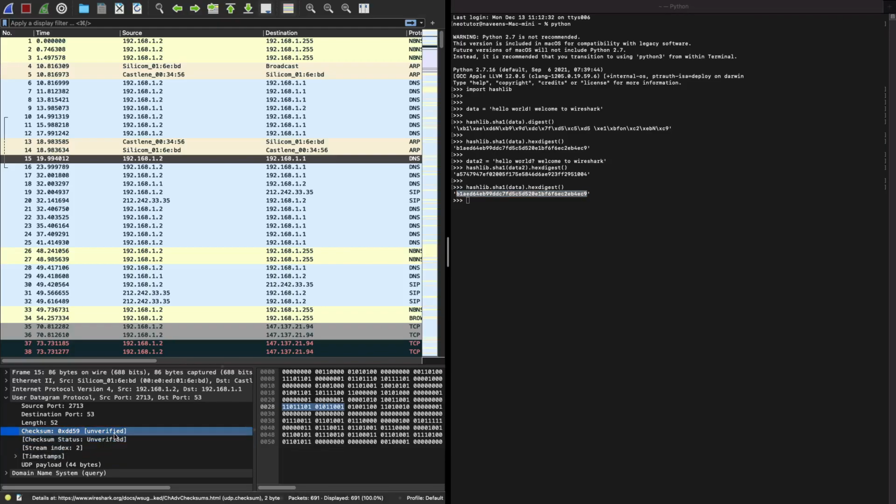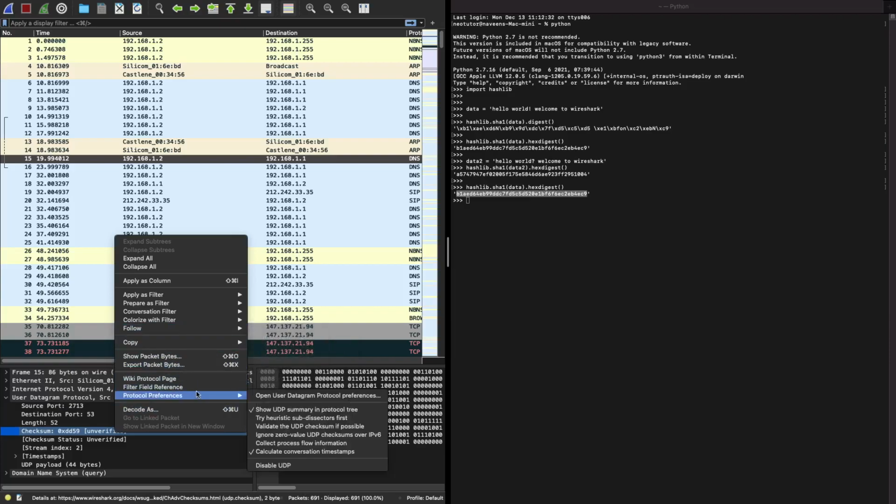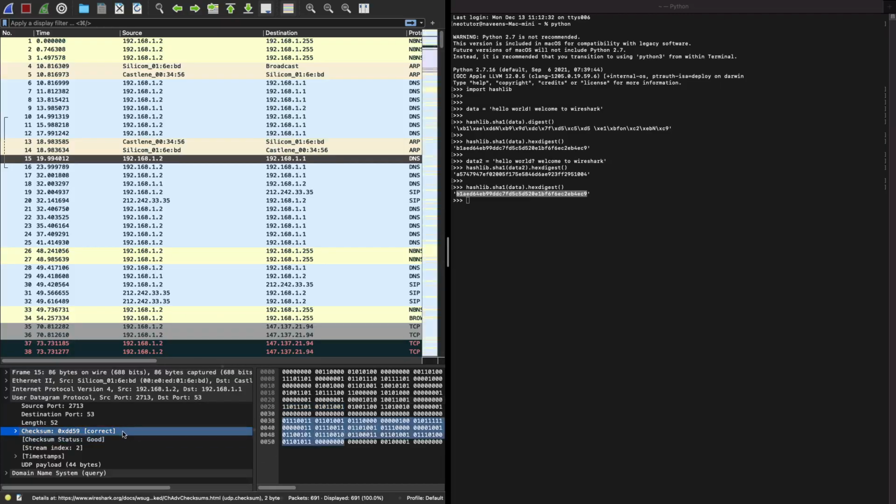Why? Because to verify, you can go to Wireshark, where the protocol options are available. You can see here, show UDP summary, and the calculation is there. You can validate the UDP checksum. It says correct here, which means it validated the checksum. What Wireshark did was calculate the checksum for the whole packet, which means this UDP header and data,